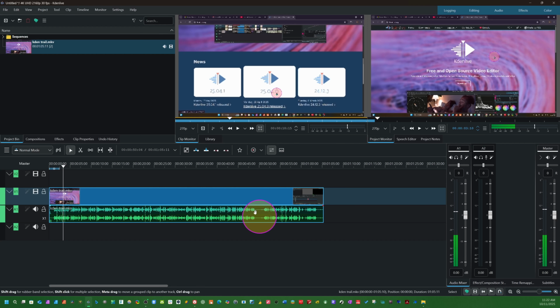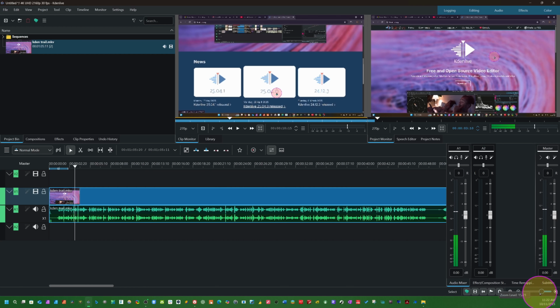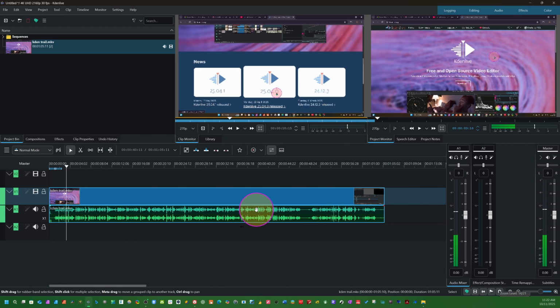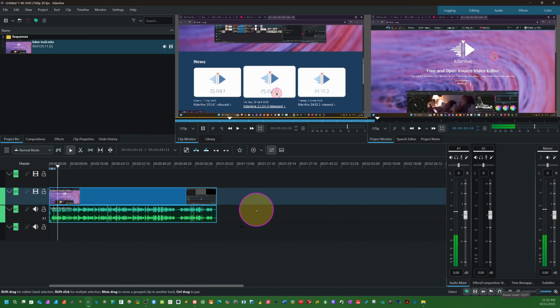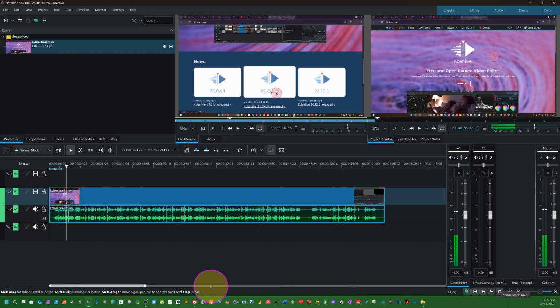If you want to maximize your video on the timeline, you can just click here. The shortcut is Control plus minus, or Control minus on your keyboard. I use the shortcut, but if you are a first-timer and don't know the shortcut, from here you can use this button. Okay, so Control